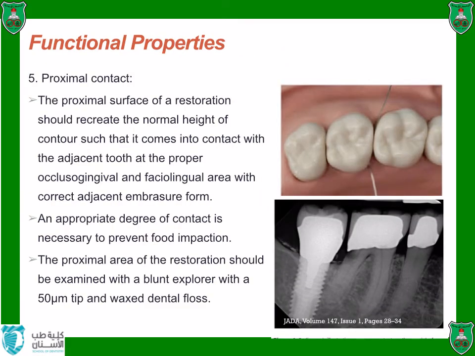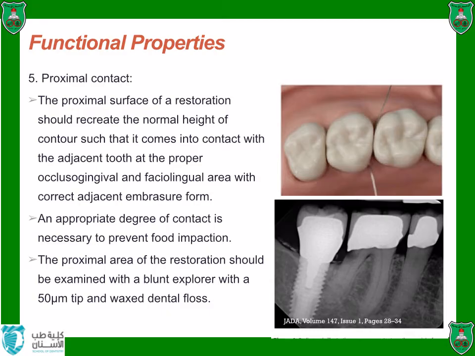Also, one of the functional properties is the proximal contact. Now, the proximal surface of a restoration should recreate the normal height of contour such that it comes into contact with the adjacent tooth at the proper occlusogingival and faciolingual area with correct adjacent embrasure form. And as you remember, we use matrices for this purpose, and we should adapt our matrix to the adjacent tooth and place wedges,